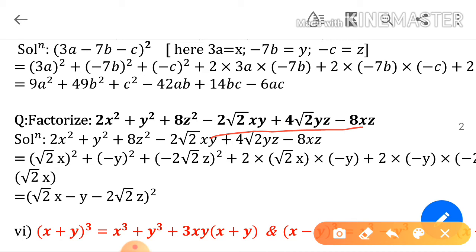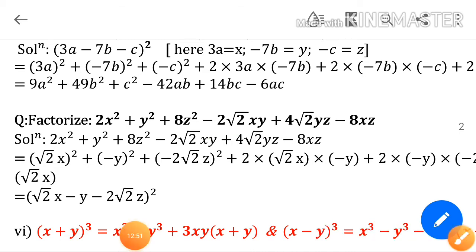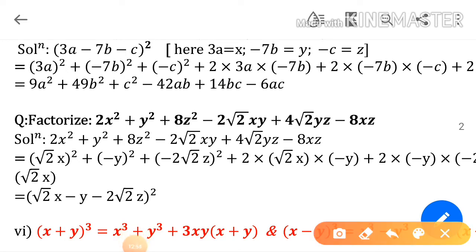So which 2 terms will be negative? Those terms will be negative